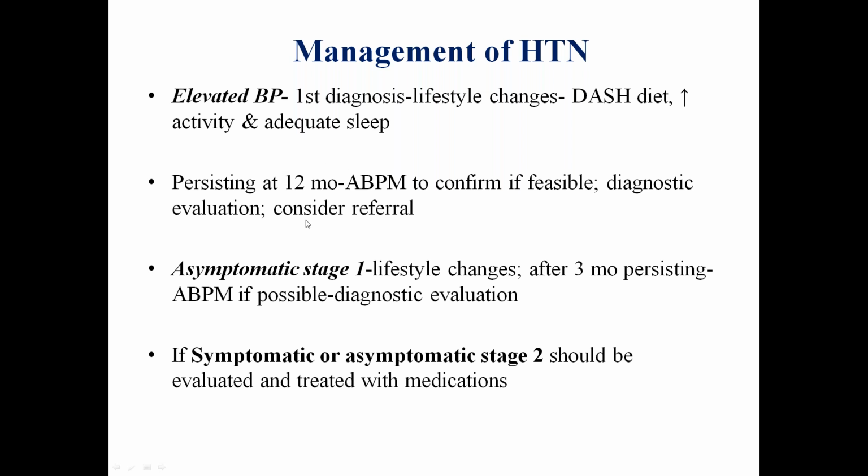If the blood pressures are still on the higher side, then it is recommended that you should be doing ambulatory BP monitoring. And if the BPs are still high, despite all your diagnostic evaluation, then you should start with some form of pharmacotherapy. But if the patient presents in asymptomatic stage 1, lifestyle changes, etc., should be recommended only if the patient does not have underlying renal parenchymal abnormalities or renovascular